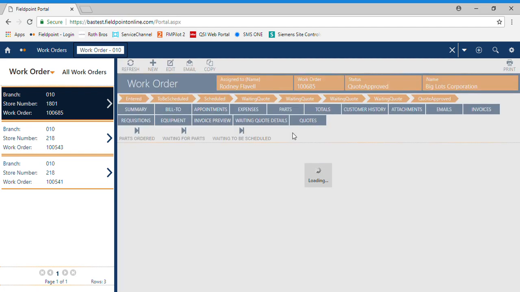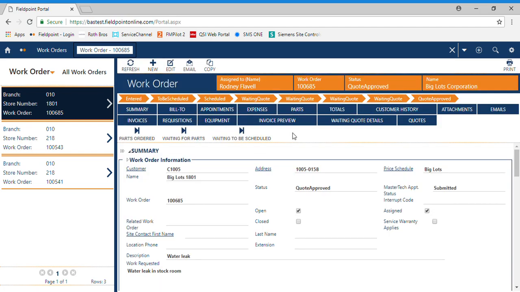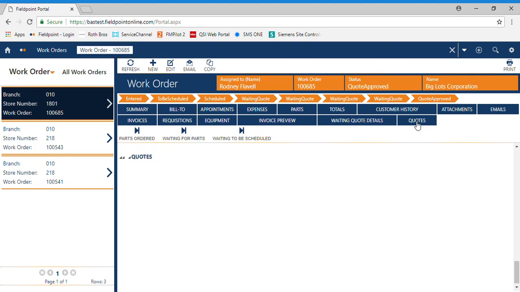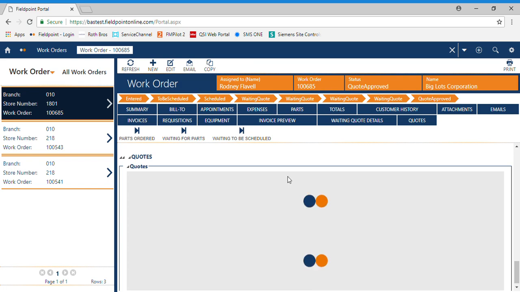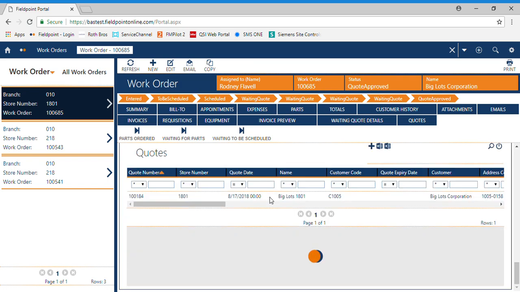Being that this is a quote approved job, a quote was obviously written for this, and if the quote was done right and followed the proper quoting process, I'm going to go ahead and open up the quote, and it should tell me what parts need to be ordered and where I need to order those parts from. So if I click the quotes tab and then followed by opening the actual quote,